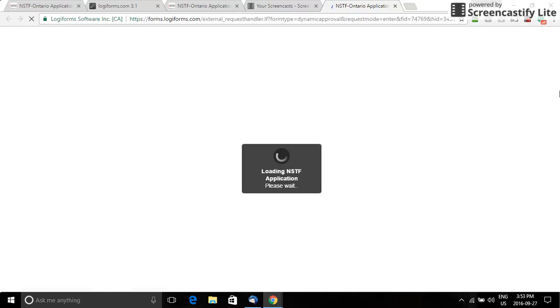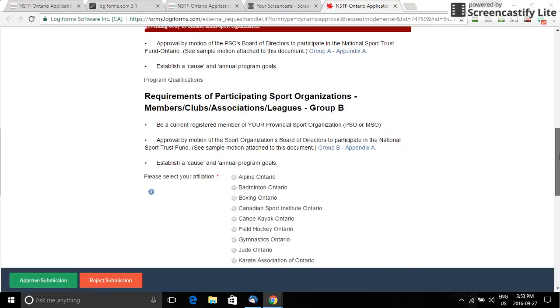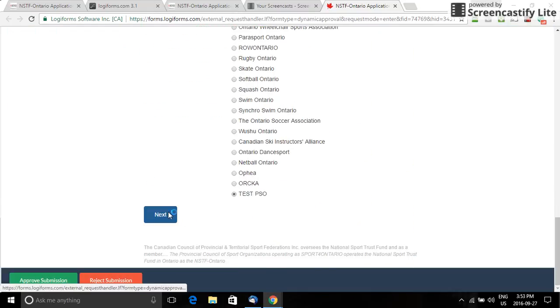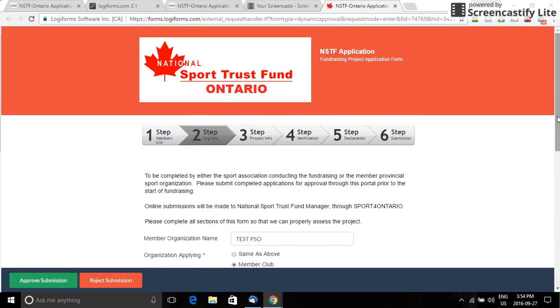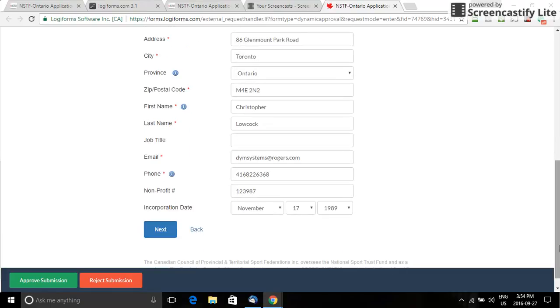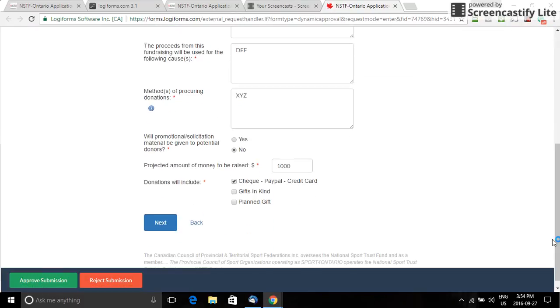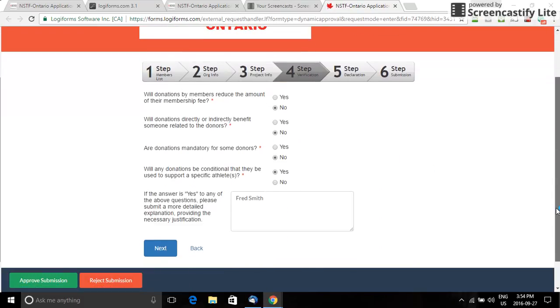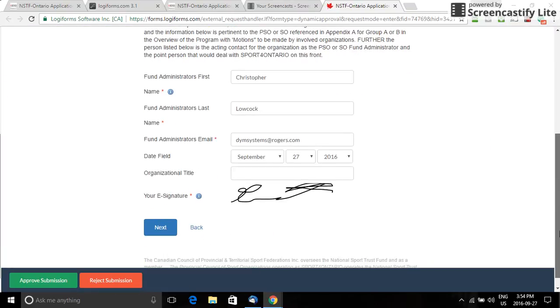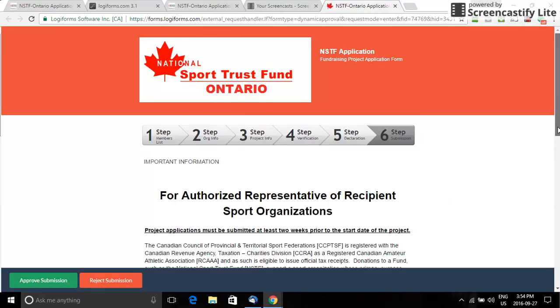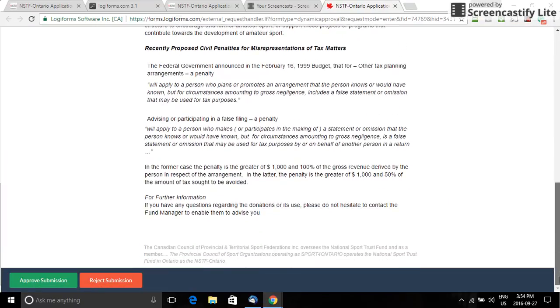You'd basically be given their entire application. You'd see what they clicked on, everything that they filled in, and be able to review it here as part of what you've seen. And then you go to the next page, and so on. And again, you can see, remember I put in Fred Smith, and then that would be it. There's no submission button for you to hit at the end. It's like either reject the submission or approve it.